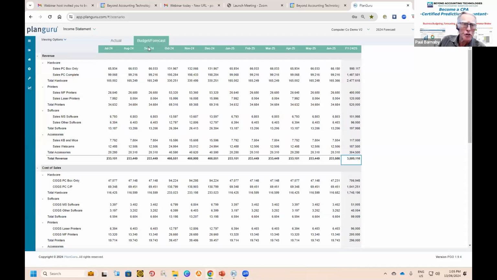And without just showing you the numbers in exact format, you can choose your budget, select your budget, agree your budget with the client, archive the budget, put it up on the electronic shelf for later looking at. Then you can bring in actuals. Then you can do a rolling forecast. And in that rolling forecast, you can actually change the original budget drivers, but not lose your original budget. And that is, again, why I chose PlanGuru. It is very good in that respect. So you can look at a rolling forecast. Let me see if I can grab one.